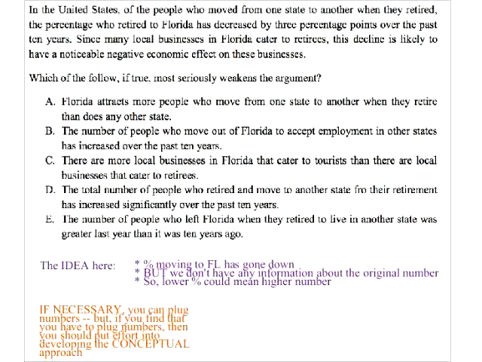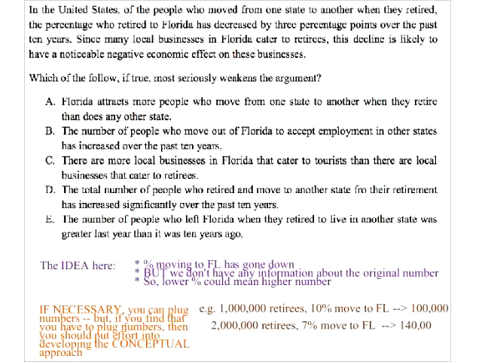So, if you have 1 million retirees, and then 10% move to Florida, that would be 100,000. But then if you have 2 million retirees, the problem stipulates 3% less. So if only 7% move to Florida, that would be 140,000. So still a great many more retirees. That's kind of the idea here. You shouldn't have to plug in numbers to figure this kind of stuff out, but if plugging in these numbers will help you generalize and learn how these kinds of quantities work,